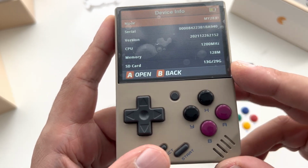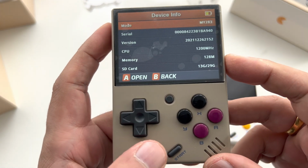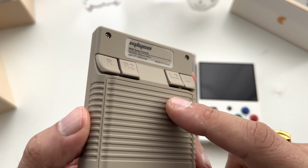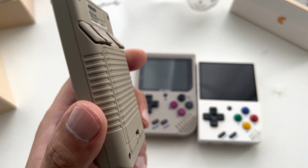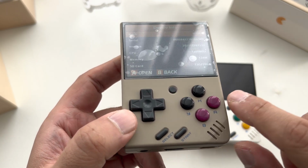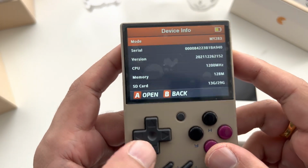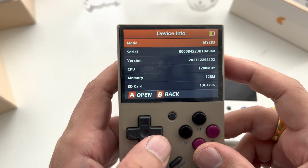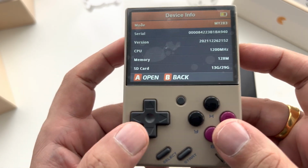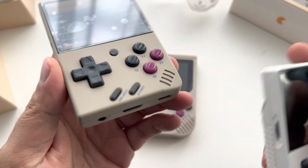Nothing's actually stored, as in the OS, on the memory card. The actual OS is stored on a chip inside here, which is called the NAND chip or flash chip. So when you get an update, you simply copy it to the SD card. You follow the instructions on how to update it, and it actually flashes the internal flash chip where the OS resides. So there's always a risk of bricking the device with this sort of setup, guys. Personally, I would have gone Type-C